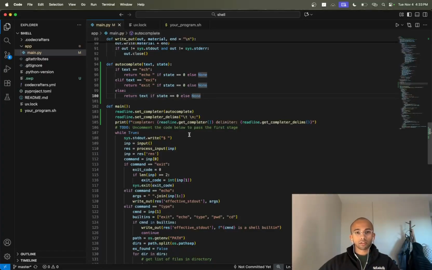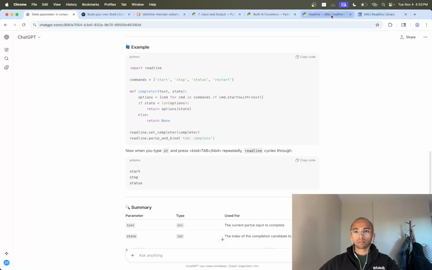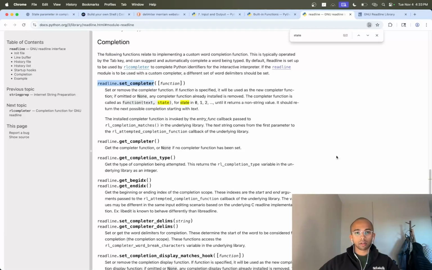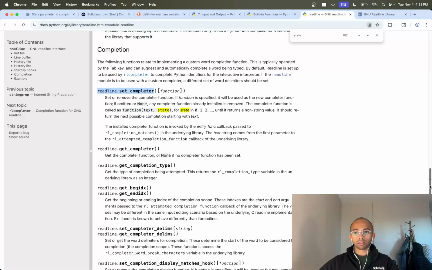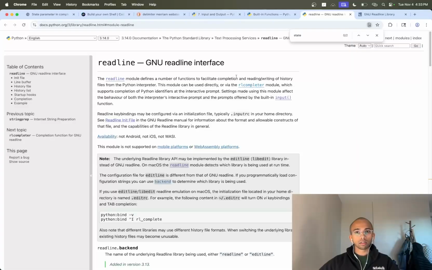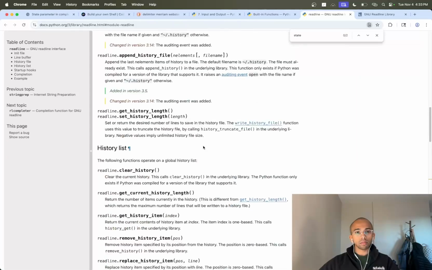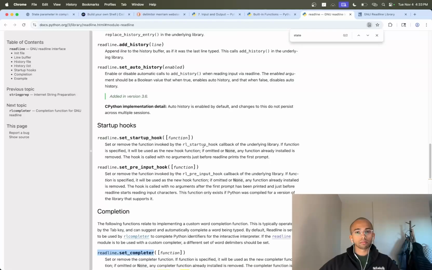Interesting. So is tab the only trigger? This is typically operated by default. Okay, let's look at RL completer, which